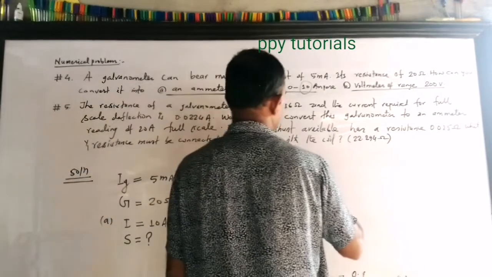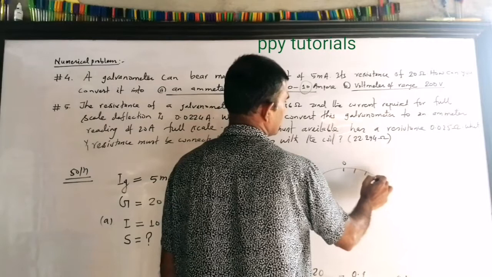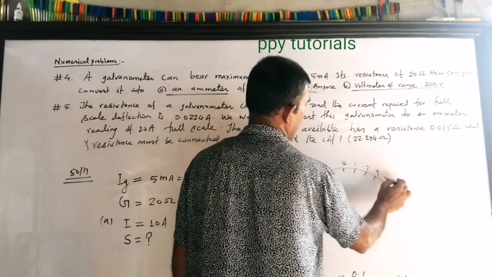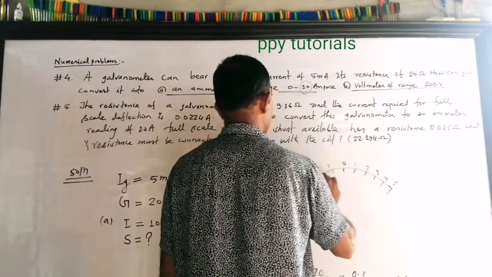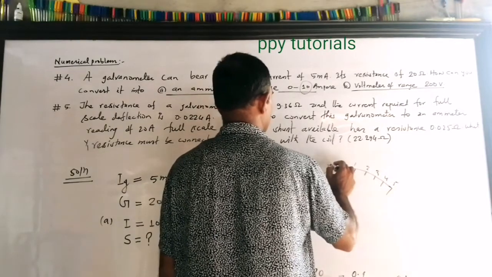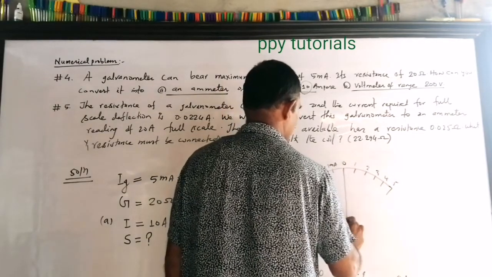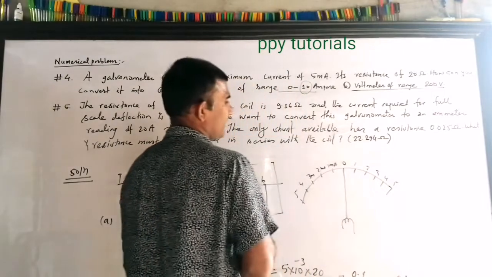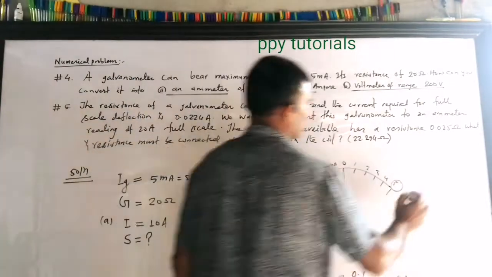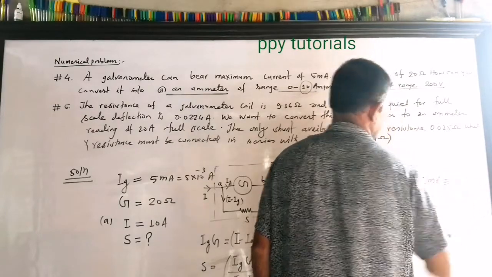And so how does your galvanometer now behave? See, this is the galvanometer, this is 0 and 1, 2, 3, 4, and here is 5. This side also same thing, 1, 2, 3, 4, and here is 5. So this was labeled like this, in mA. Now you have changed this into the ammeter. So your 5 milliampere will be equivalent to the 10 amperes. The 5 milliampere position is taken by the 10 ampere position.